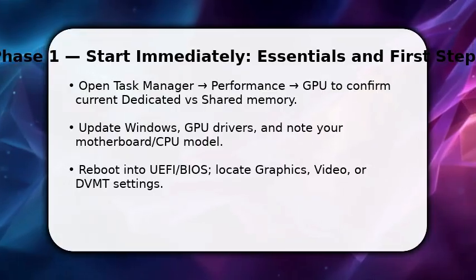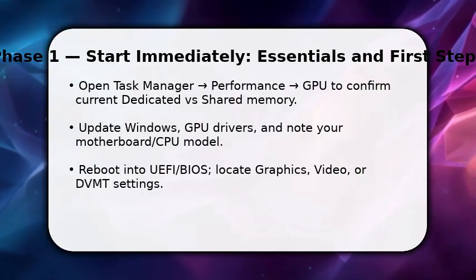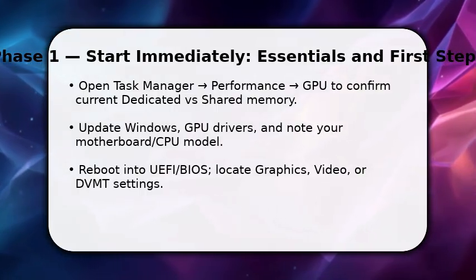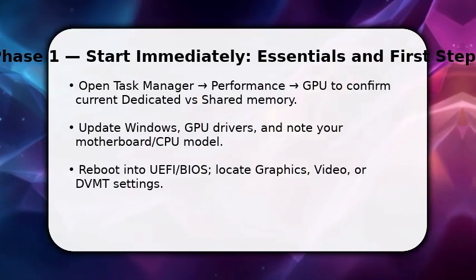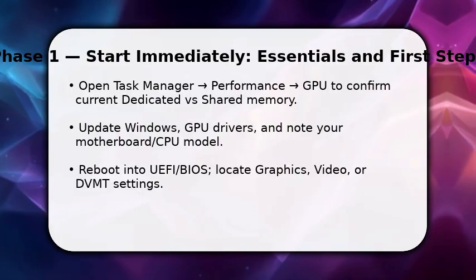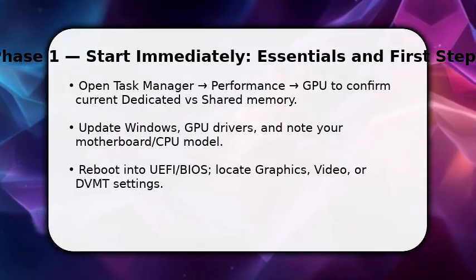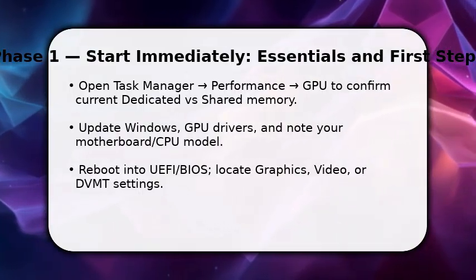You start by verifying what Windows reports. Open Task Manager, right arrow Performance, right arrow GPU, and note dedicated versus shared memory. Once done, update Windows and your graphics driver so options appear correctly, and write down motherboard and CPU model numbers